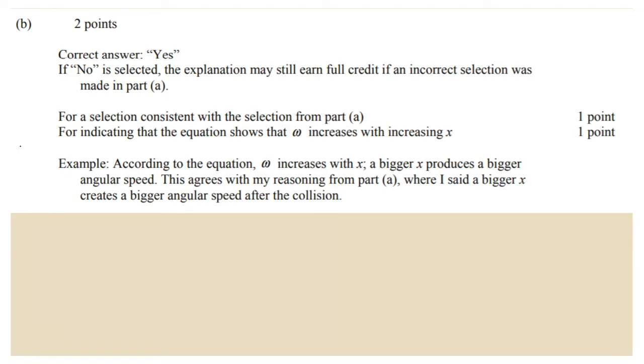And I think that's an important idea, that you want to just answer these things and be consistent with your answer, because if you answered this totally wrong, yeah, you'd lose the first point in part A, but you would have gotten full credit for this. You would have said, no, I said it's got to be closer to the pivot point. This equation says omega is directly proportional to x. That shows the opposite. This equation is wrong. Now, that's dead wrong, but ultimately you could still earn credit, and that's pretty cool because that is the application